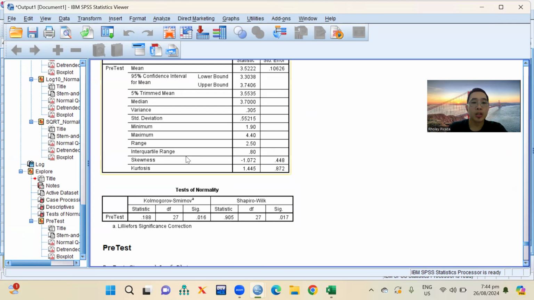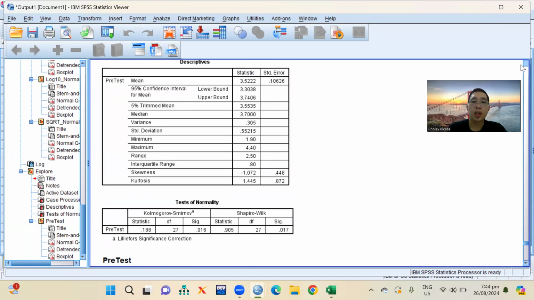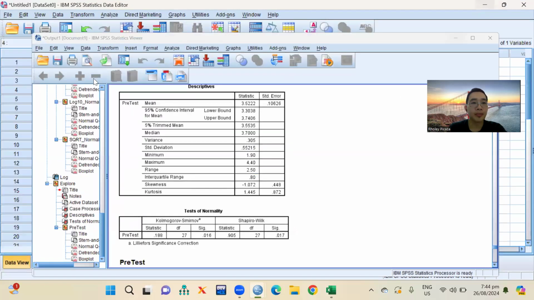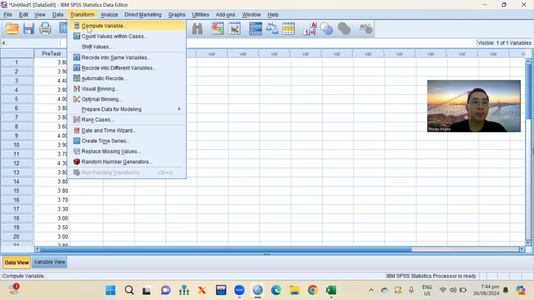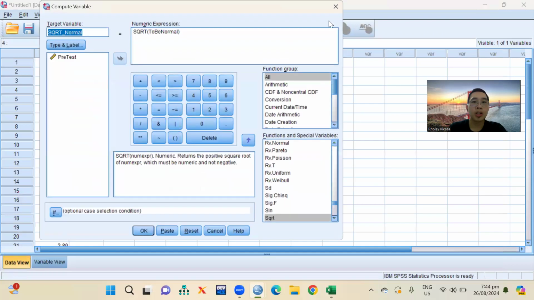And take a look at the skewness, negative 1.072. So to transform our data to normal, we will use logarithm and square root. So let's try. Let's go to Transform, Compute variable,